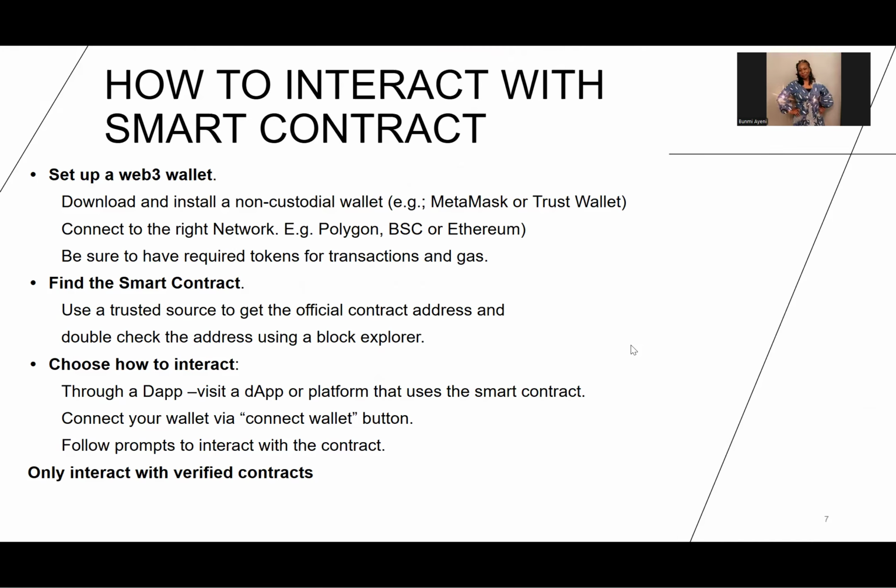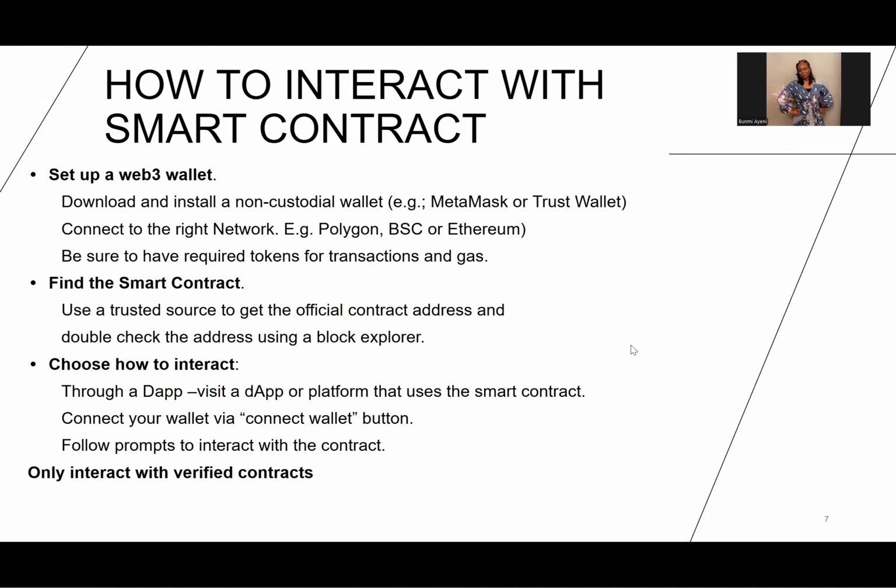Now, you have to choose how you want to interact. The easiest way is through a dApp, a decentralized app. You visit a dApp or platform that uses smart contracts and connect your wallet via the connect wallet button. For those using MetaMask, there is a little globe icon at the bottom when you open it.